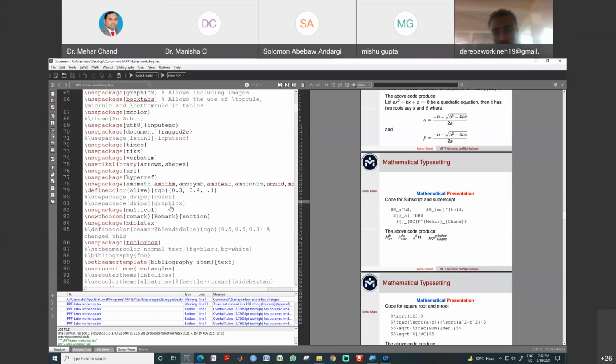Sir, there is a question related to how to write different languages using LaTeX. Different languages means? Like, sir, the Ethiopic language is not there, a script file for the Geez language. Okay. There are very few languages for which we can use this package file.